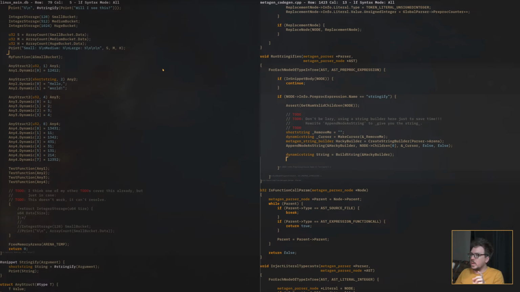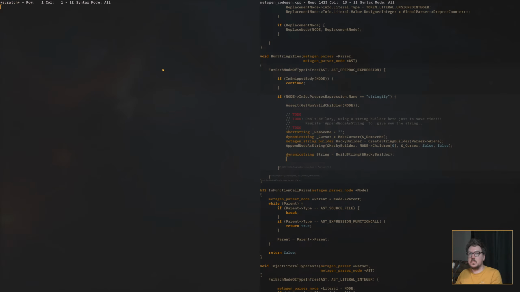here, we want to replace this stringify node with a string literal node on the tree. So right now on the tree, there's one of these that has, as a child, well, whatever you passed it, right?